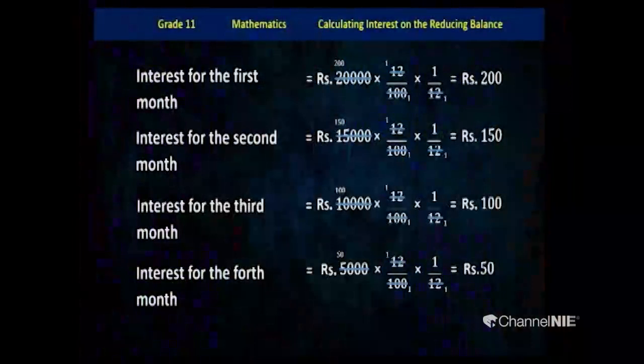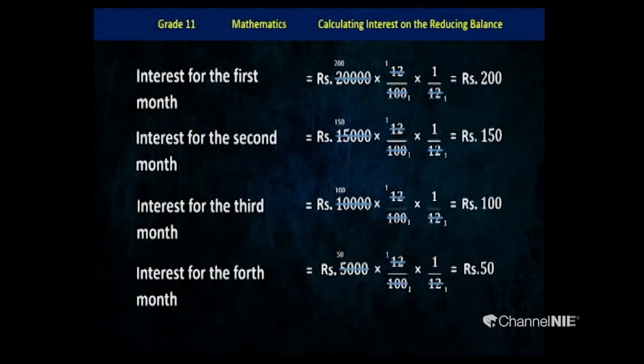But it is a very difficult thing to pay the interest like this. First month, 5,000 plus 200 rupees interest. Second month, 5,000 plus 150 rupees interest. Third month, 5,000 plus 100 rupees interest. Fourth month, 5,000 plus 50 rupees interest. It is difficult to remember. Therefore, when you want to pay, you have to pay different amounts. That is why we consider the total interest and calculate the equal monthly installment.